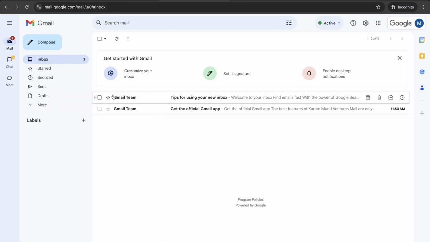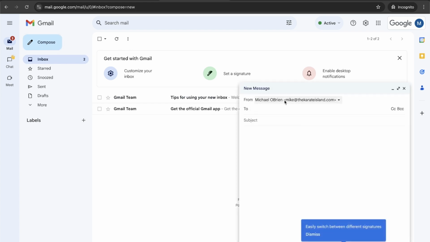So if I go back to inbox, actually I didn't need to do that because it already knows that that email address was correct. But if you accidentally type one in that's incorrect, it'll make you verify the email address, and that's how you know you did it wrong. So now we're able to send an email as Mike or as customer service. So when we go to compose a new email, you can see the little drop down there. I can send it as customer service, or I can send it as Mike. So we can choose which one we're doing, and you can also change the settings to, by default, always reply from whichever one it came to, or you can go by default, always reply from